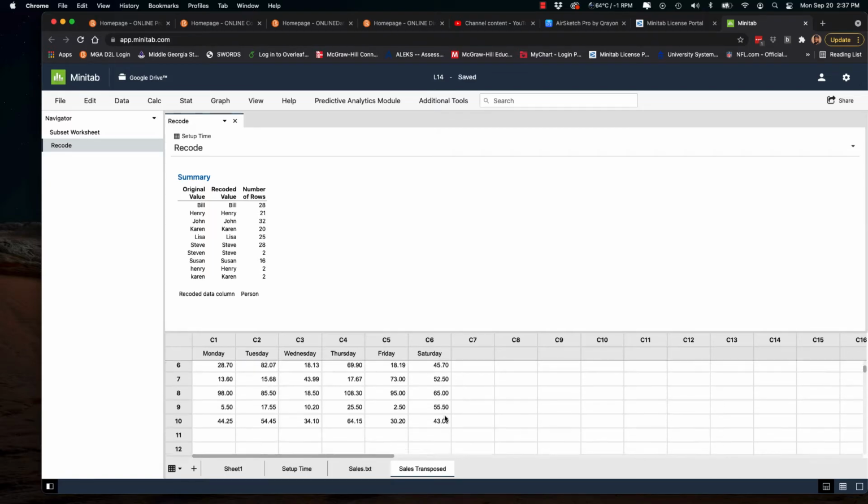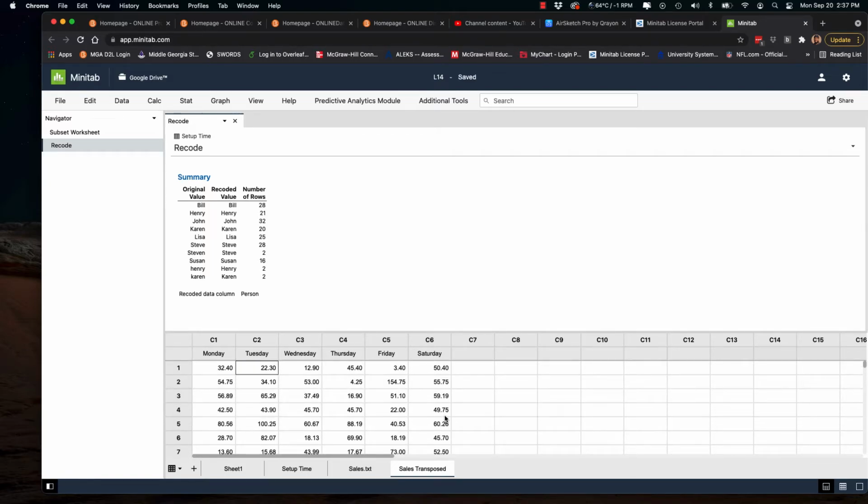Now our data set looks the way we want, and we can do things with the various days, compare them, contrast them, make graphs involving each day of the week or all the days of the week, however we want. There's a lot of things we can do that we won't do them all today. The other thing I might want to do is maybe make this all into 2 columns instead of 5 columns. You noticed in the first data set,